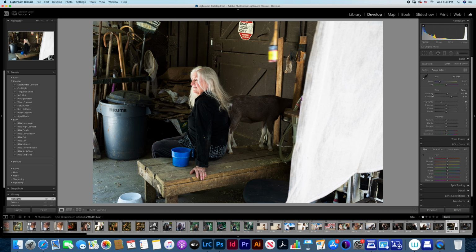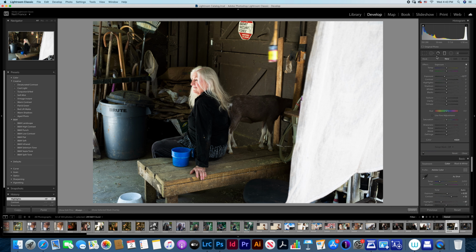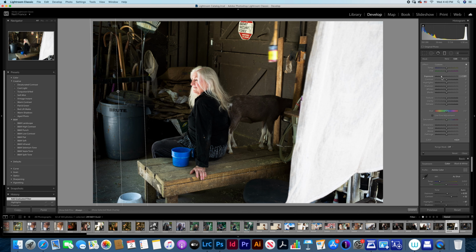And what we can also do in this one is use the gradient tool and click on that rectangle and bring this over here, because I find that area just a bit bright, and we can bring down the exposure just a bit. Okay?